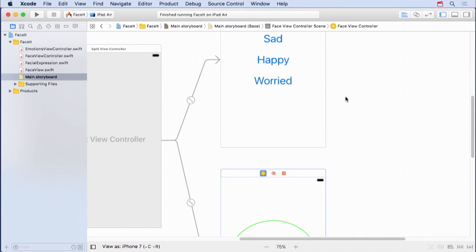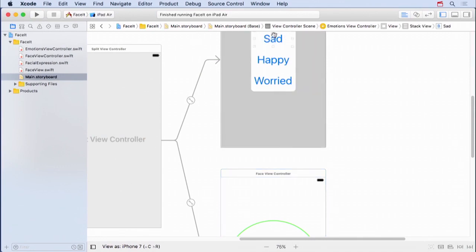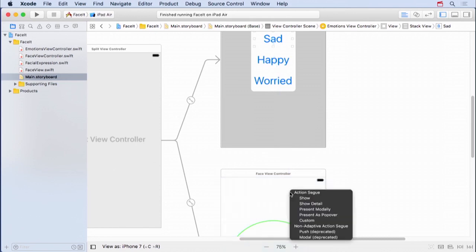Okay, so let's go do our segues. Segues also, of course, use our favorite gesture, which is control drag. If I want to make a sad segue, I'm just going to hold down control and drag to the MVC that I want to segue to, the MVC I want to show when I press sad. So I do that. Now, you notice that I have some choices of what kind of presentation, what kind of